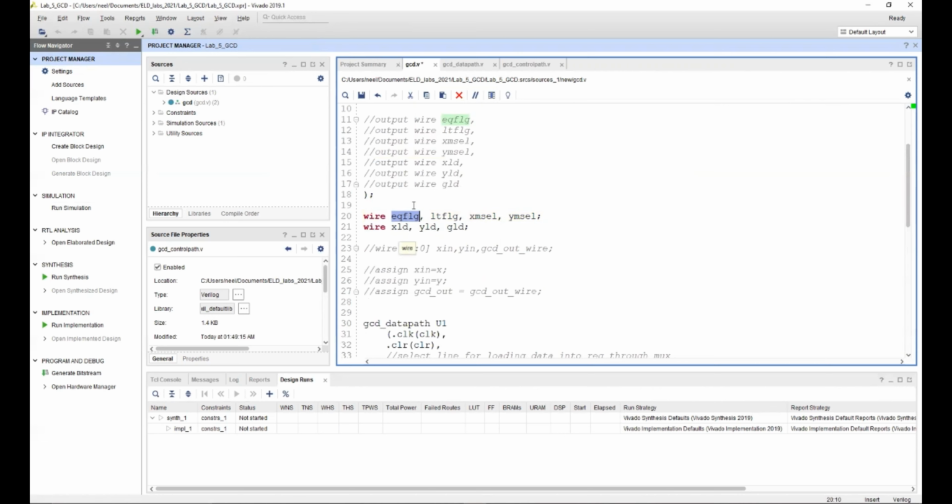Next, XM select. Let us discuss the XM select. This was the block diagram of the